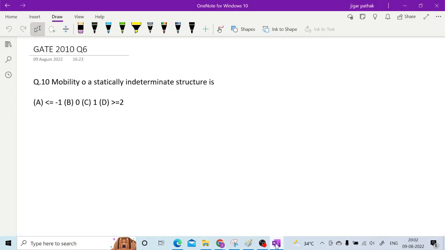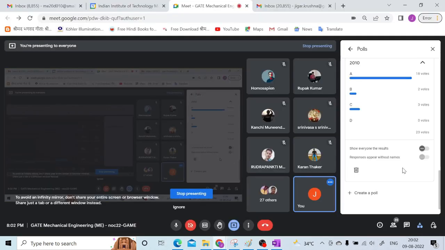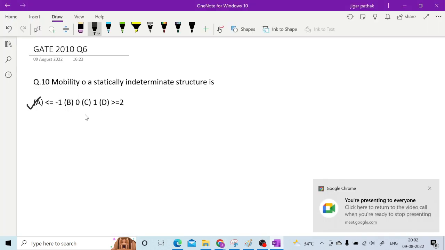All of you have answered it. I guess I should end the poll because it is a very straightforward question, right? So I'm ending the poll and you can see your result. Can you see your result? It is this one only, right? Whenever you have degree of freedom or mobility less than or equal to 1, it is an indeterminate